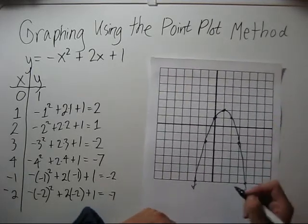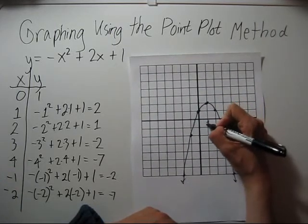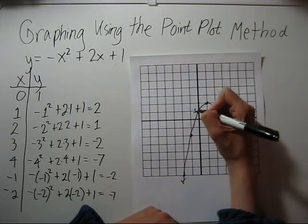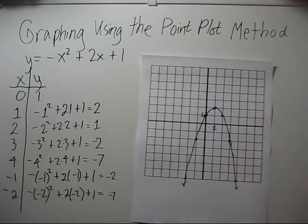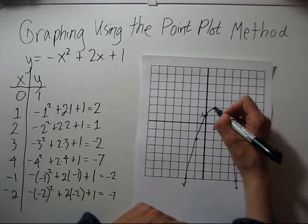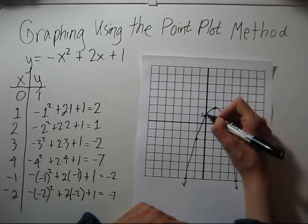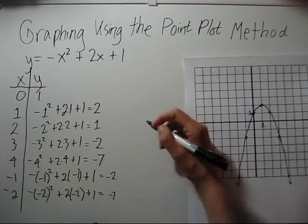One thing I need to put on my graph is scaling, so I know what 1 square represents, and we just had it be 1. If you label 1 on each axis, that's usually enough. One thing that you might want to be careful of is, is this a sharp V, or is it kind of rounded? And to make sure, you might want to put in